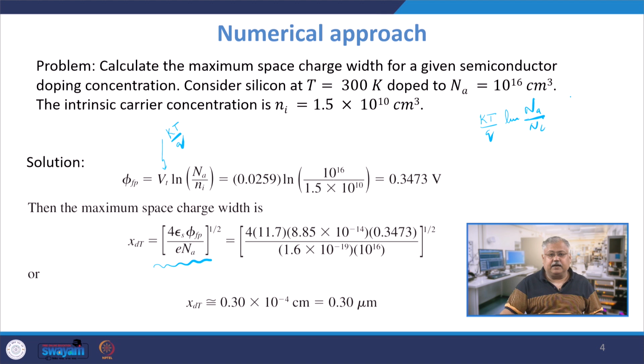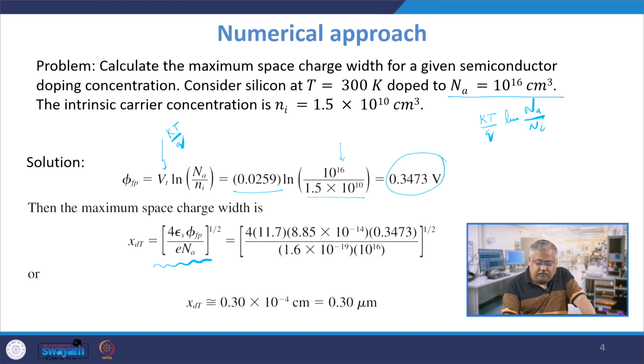Na is the acceptor ion concentration and Ni is the intrinsic carrier concentration, which is fixed at T equals 300 Kelvin. Now kT by q at 300 is approximately 25 millivolts, right? And that's what I have shown here. This is a standard value. I think it's always better, for those who are working in this domain or those who want to work in this domain, to remember that kT by q, the thermal equivalent voltage at T equals 300 Kelvin, is 25 millivolts. And if you do the natural log, because your Na was 10 to the power 16, which I inserted here, and Ni was 1.5 times 10 to the power 10, I got the value of phi fp to be